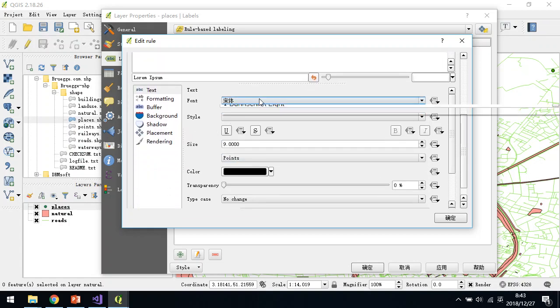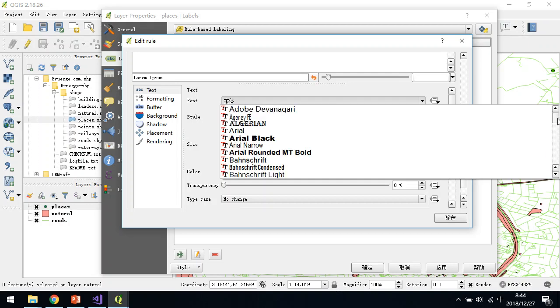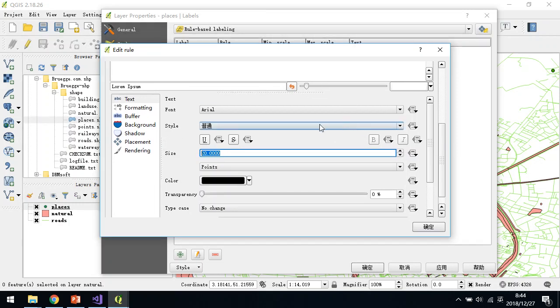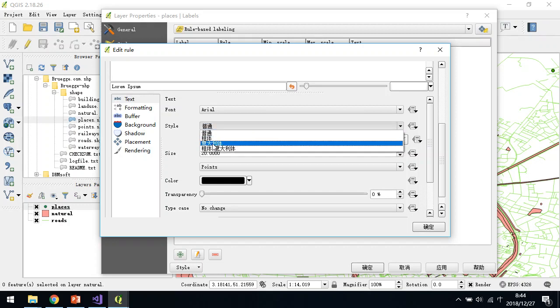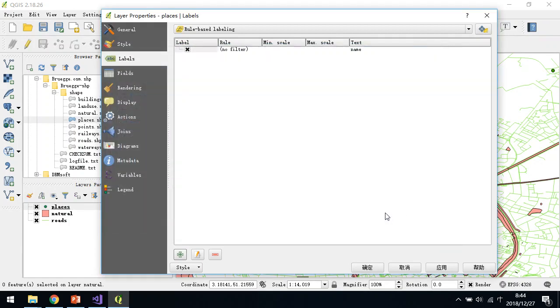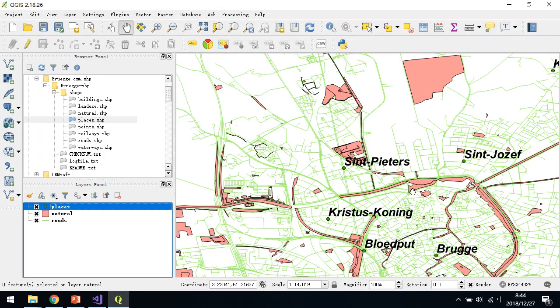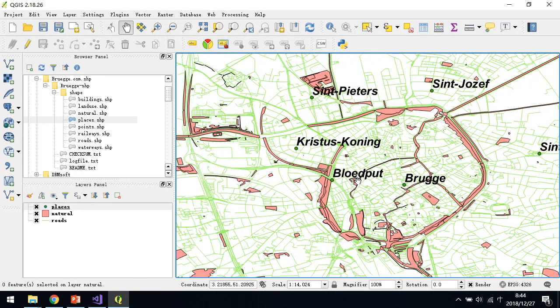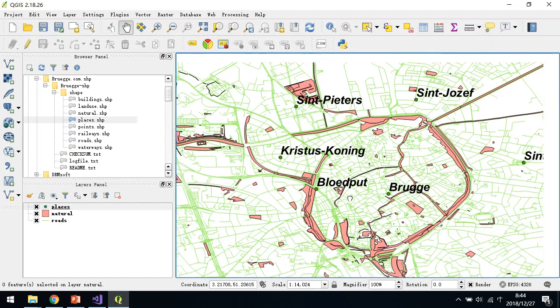Then the font type, we can use Arial, and the size 20, big size. For the style, okay, the Chinese characters again, we choose this, it means bold and italic. Click OK. Click OK. Now we have the name labeled